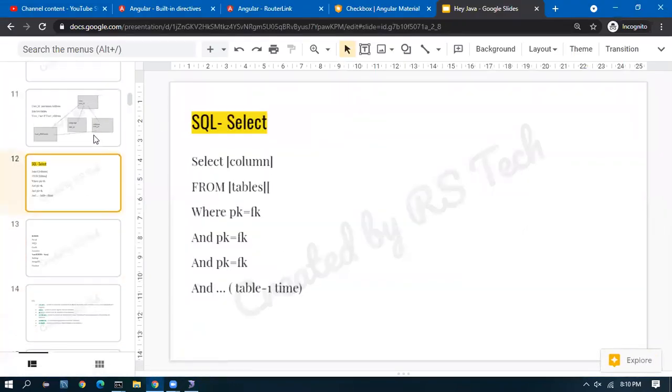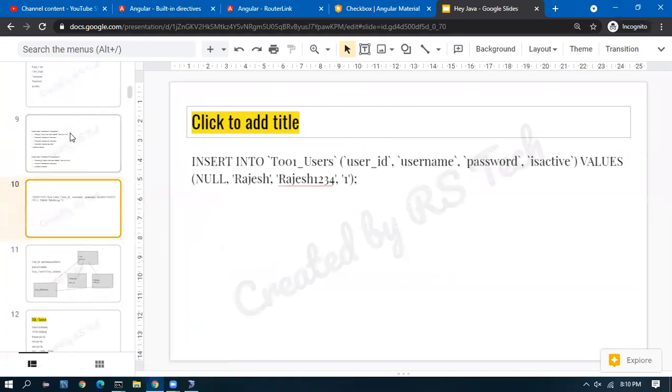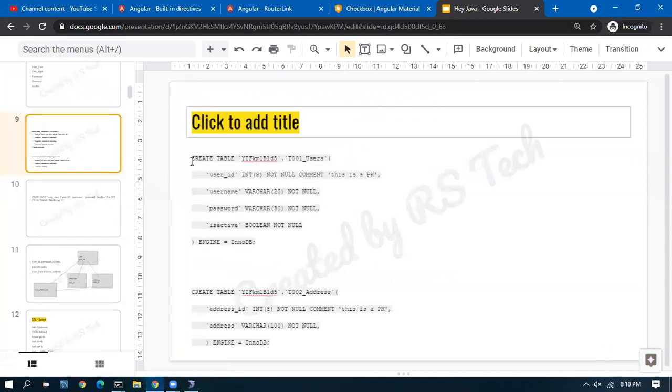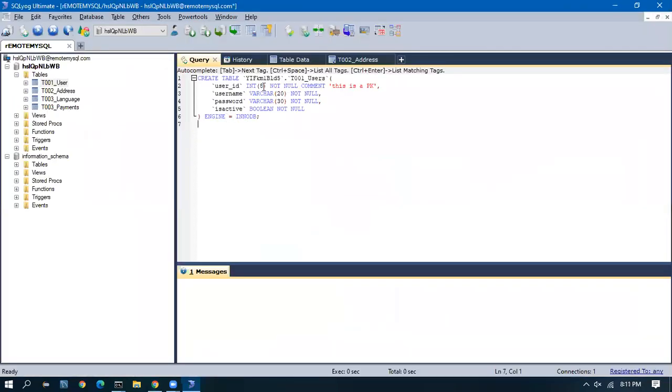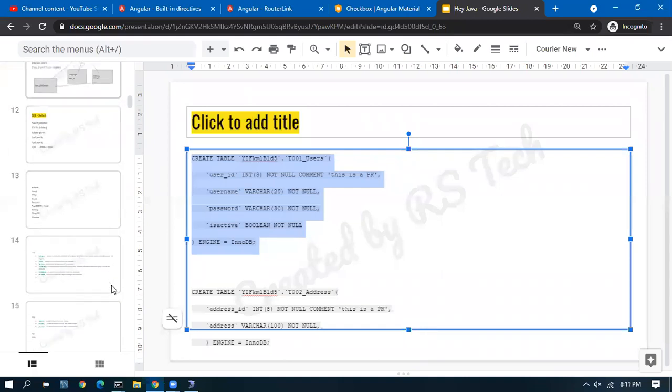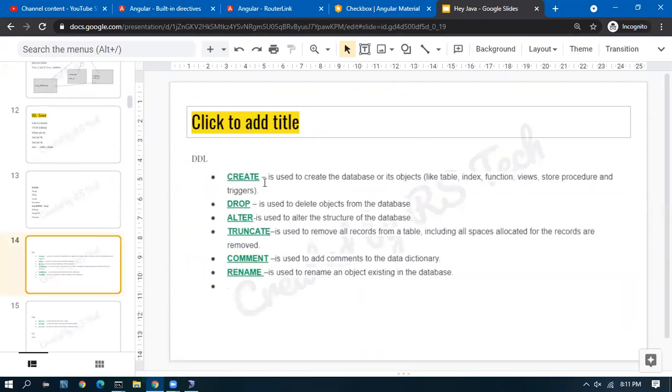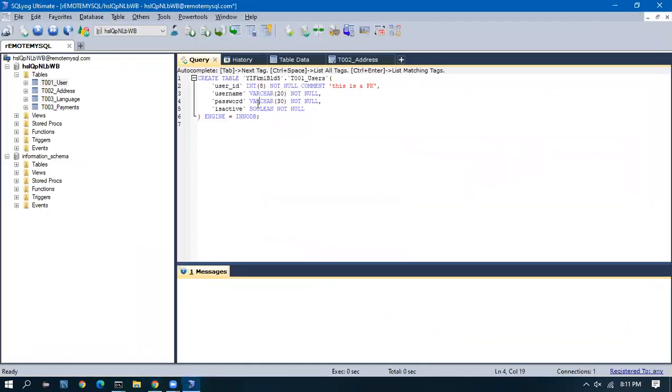For that, I need to go to the documentation. I have the query, yeah. So this is the one. So this is a DDL, data definition language. We are defining how the tables or database structure, the data types, those are going to be.